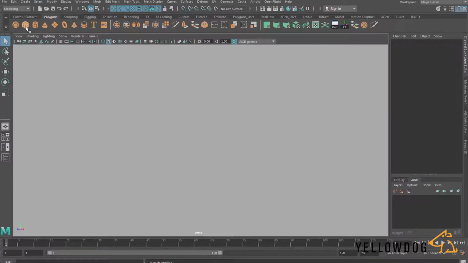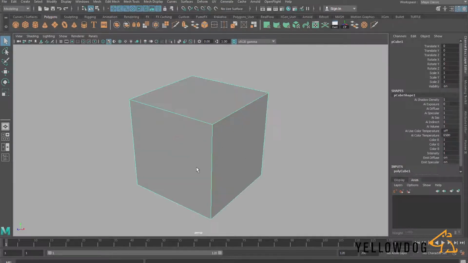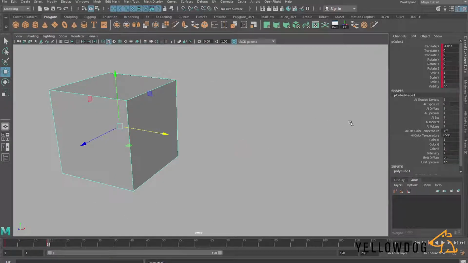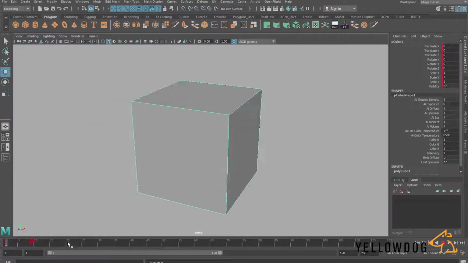Today I'm going to be showing you how we can use animation layers inside of Maya. So I'm just going to start off with a really simple scene and set some keyframes on it. And obviously we've just created this really simple animation. But the problem with this is that it's a really destructive way of animating. We can't just disable this animation without deleting all the keyframes, so I'm going to show you a better way